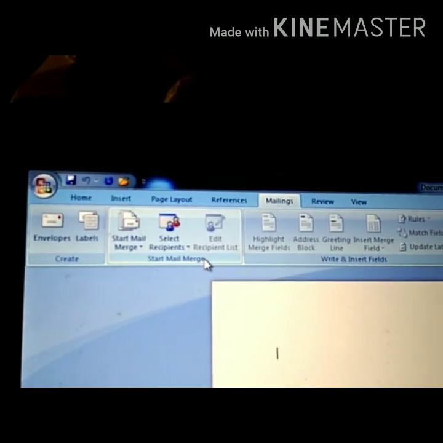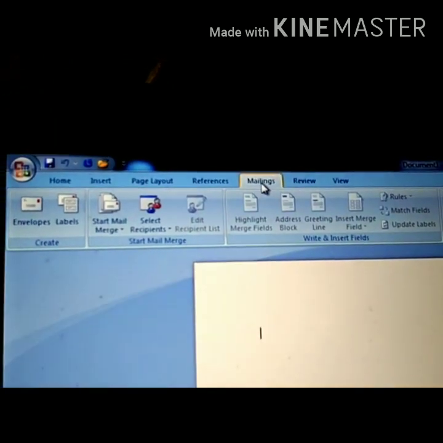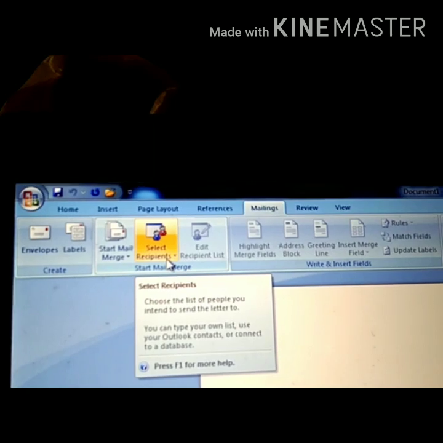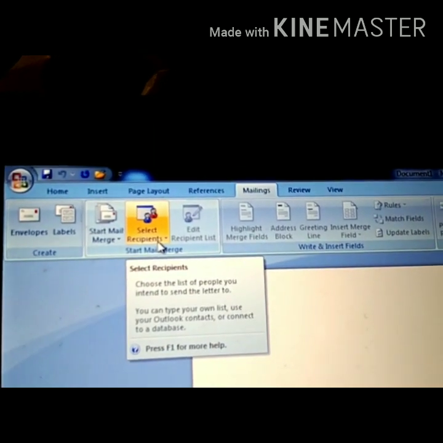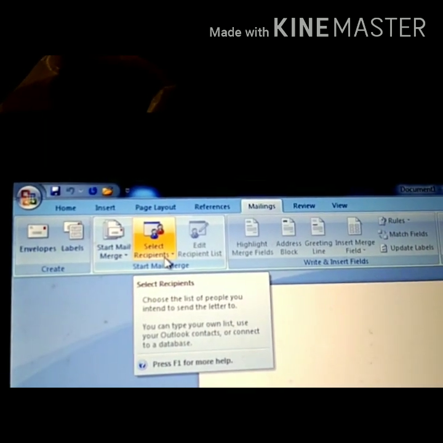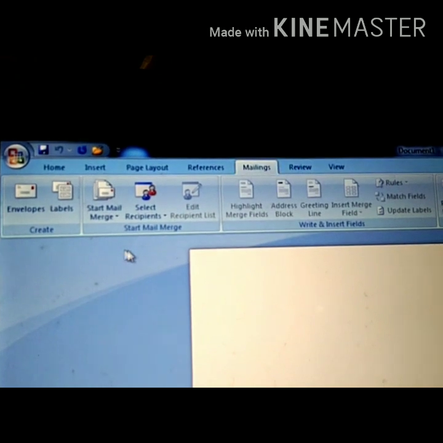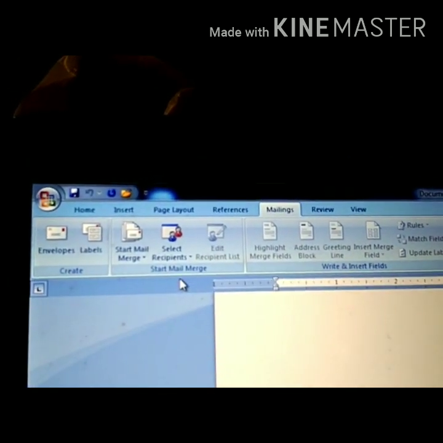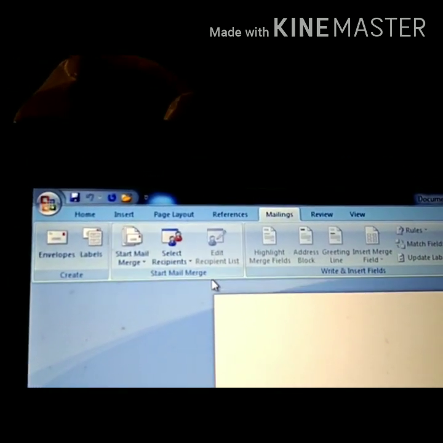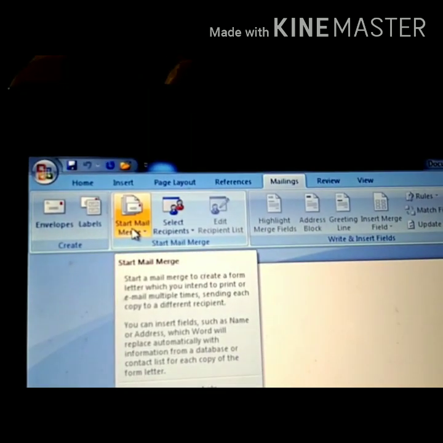Children, remember, for your board exams, these tabs, these groups are very important. Direct question is there in the exam. Dash tab we are using for creating mail merge. So for this, which tab? Mailing tab. In mailing tab, dash group we are using for creating mail merge. Which group? Start Mail Merge. Okay. Now click on this one, Start Mail Merge option.